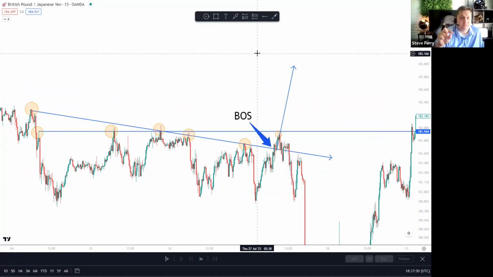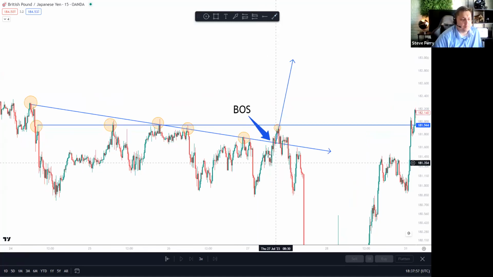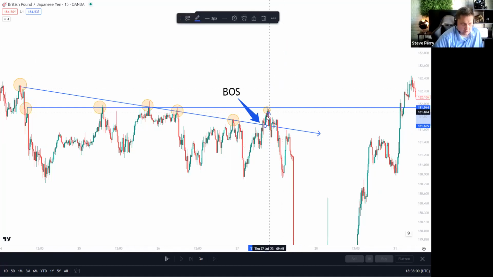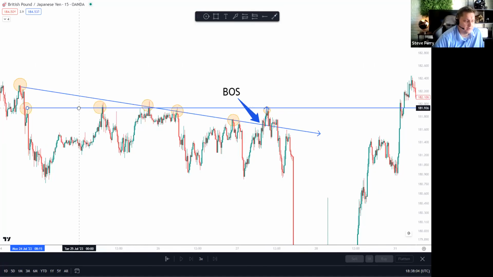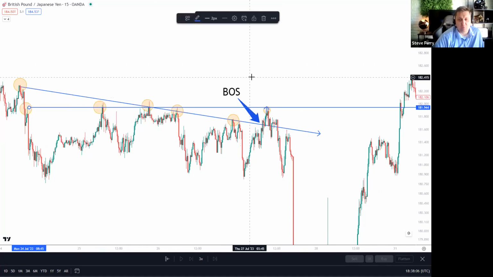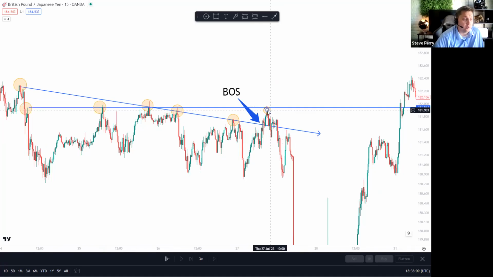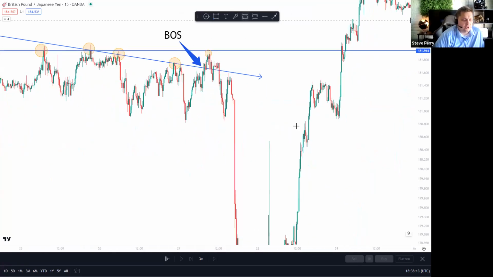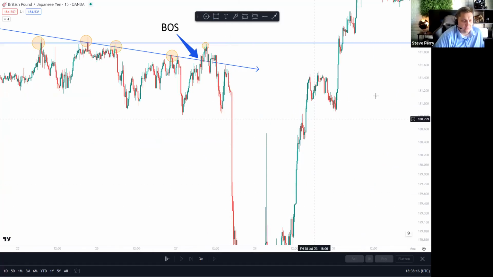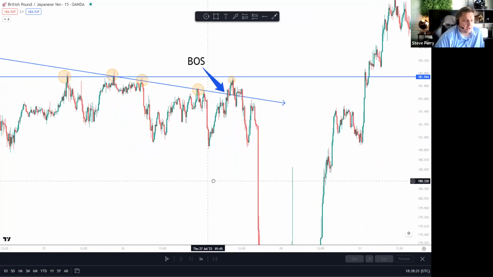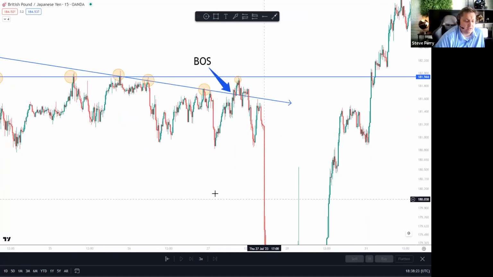Like as soon as it dips, basically any little dip into a demand, you want to buy it. But with this one, it broke structure barely. And when it was met with another level of structure here, this resistance zone, it fell apart. It just didn't break through it. So what was the end result? Well, I think there was a news event involved with this. That's a huge move. Only a news event can cause that. I don't know what news event that was, but sure enough, it pulled back significantly.